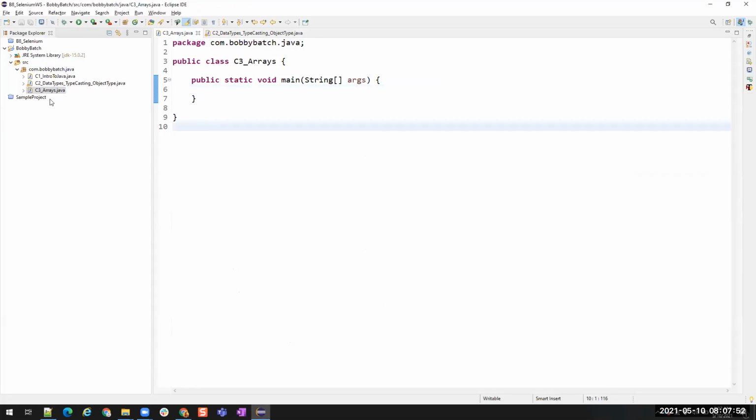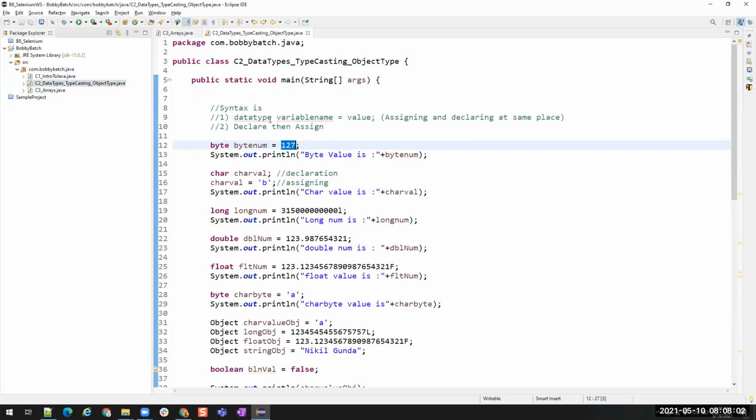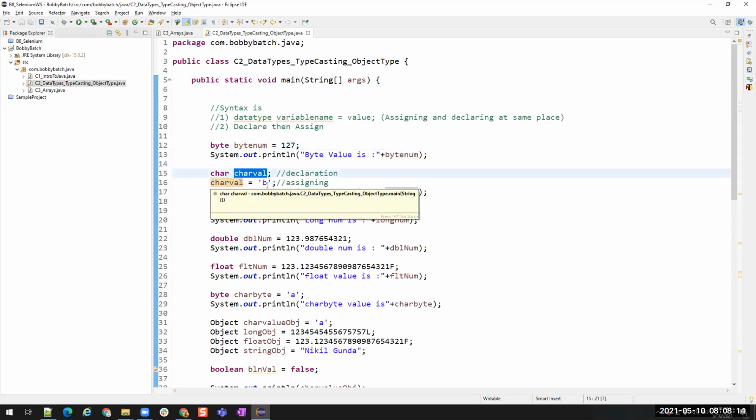Yeah, so what I said is let us now discuss a new topic that is called arrays. Now if you see, how many values can be stored inside a single variable? How many values did we store in this? Each variable is able to store only one value, right? Yes, correct.